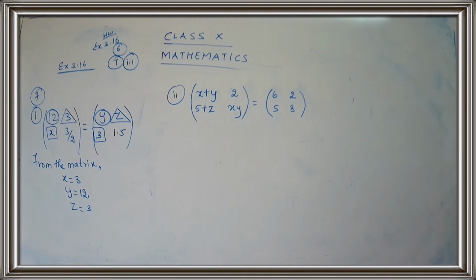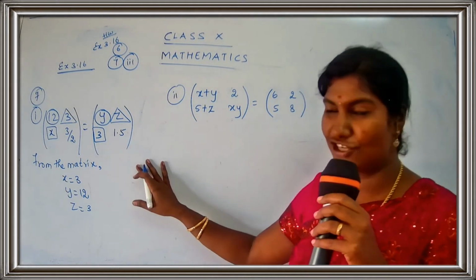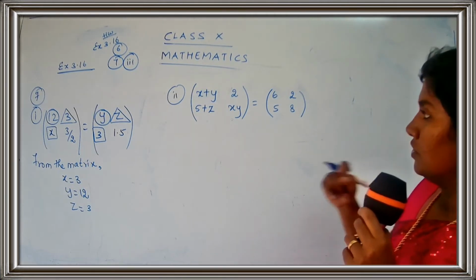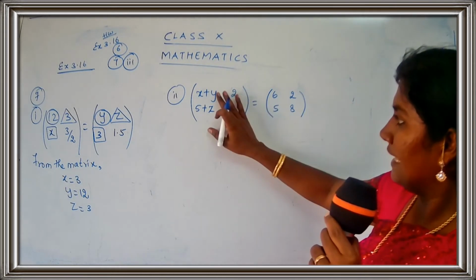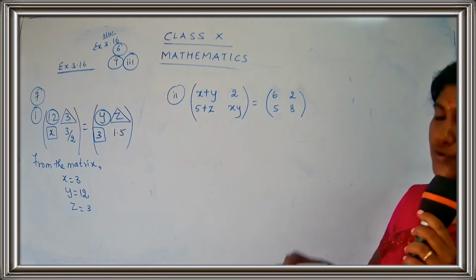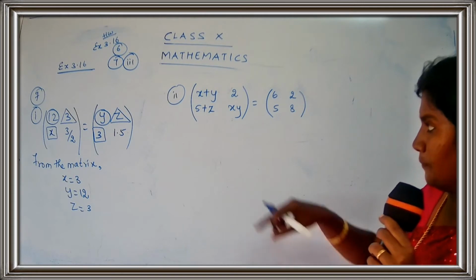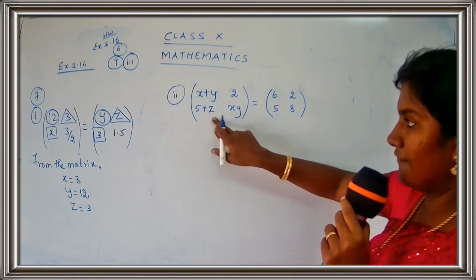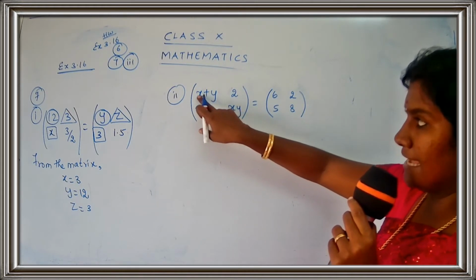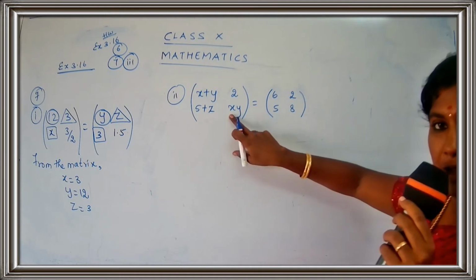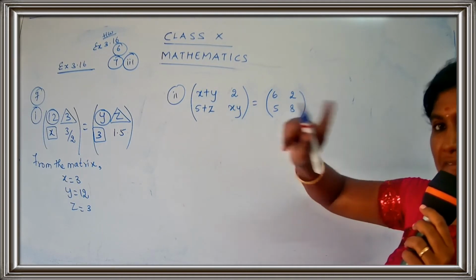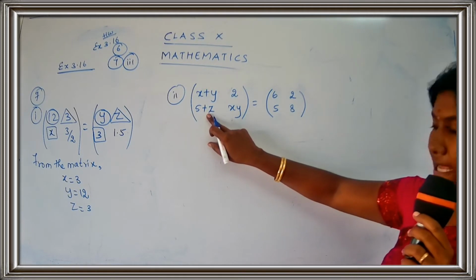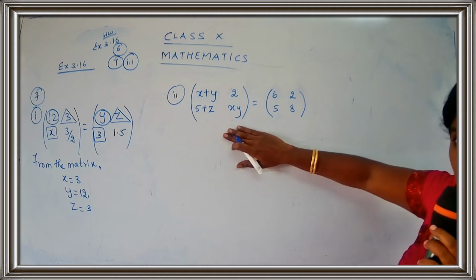Here, as in the previous sum, we cannot directly write the values for all the sums like this, yes children? Here we have to apply and solve to get the answer. They have not given us the values directly, so we have to solve and get the answer. Okay children, here I'll just take the z part first because only one variable is present. Here I have two variables, x and y. Here again I have two variables, x and y, yes? But here I have only one variable, z. So I'm going to take z first, so that I will get the value for z.